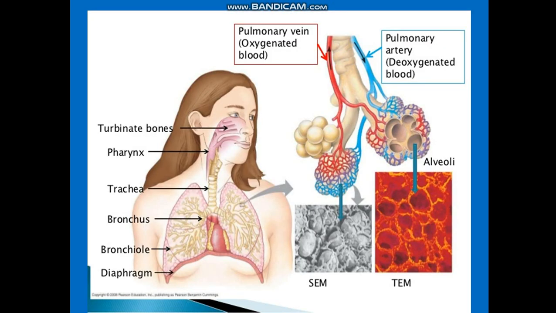Now this is the structure of alveoli. As you can see, alveoli are air sacs. They are balloon shaped structures. They are responsible for exchange of gases. There are over 700 million alveoli present in lungs. Wall of each alveolus is only 0.1 micrometer thick. On its outside, it's a dense network of blood capillaries. Lining each alveolus is moist